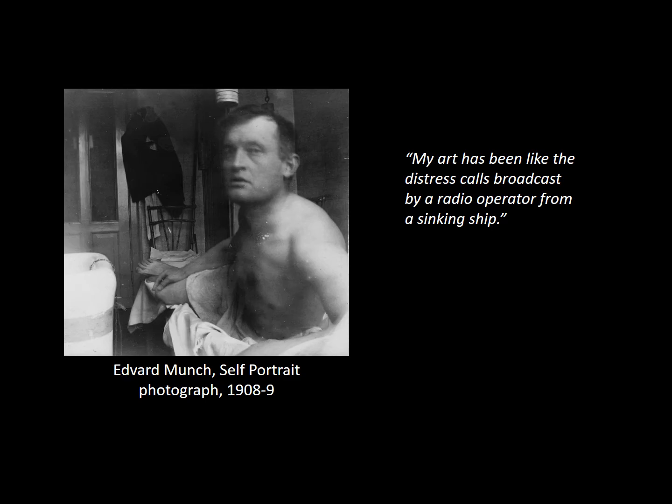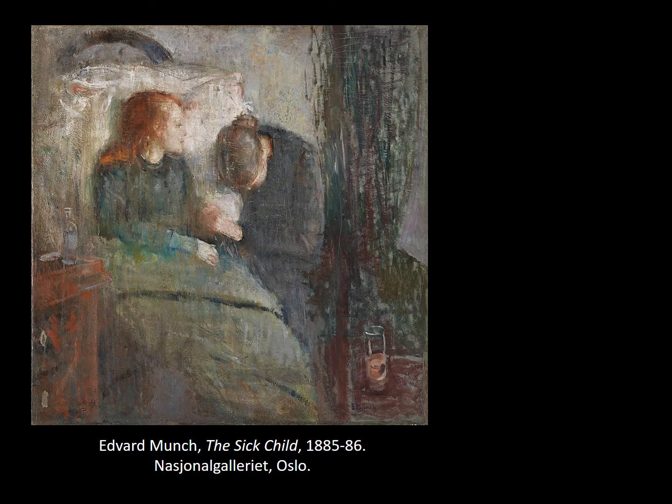A really good example of the way that Munch's life is completely bound up with his art is this early work, which is seen as a breakthrough moment for Munch as a still pretty early artist. This is something he's painting when he's in his 20s. The subject of the picture was actually his sister Sophie, who died when he was 15 from tubercular consumption. He exhibited this work publicly at the Autumn Exhibition in Christiania in 1886, but it's very interesting. He exhibits it under the title The Sketch, which is a really odd, purposefully